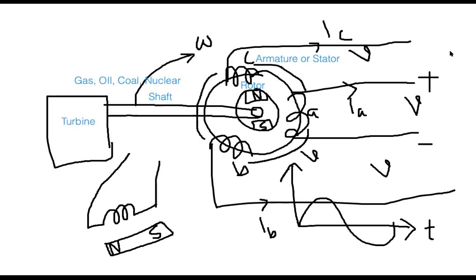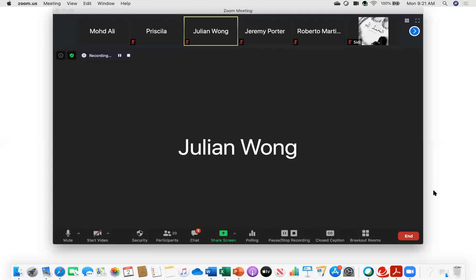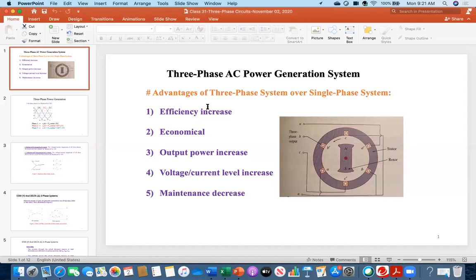Everybody just got the idea, the three-phase system and single-phase system. Yes. Yes. Now let's go back to those bullet points that I have written. Now you will get it. Everybody see what I was discussing, that why we are studying the three-phase system. That's why I want to know what are the advantages of the three-phase system over single phase. You see, I mean that picture I was explaining to you.